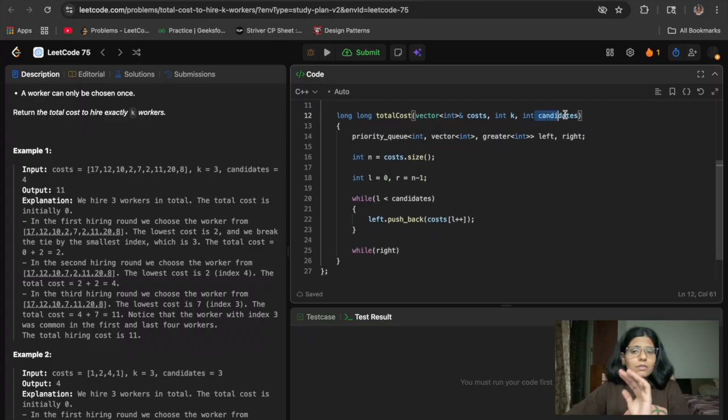So right.size() should be less than the candidates.